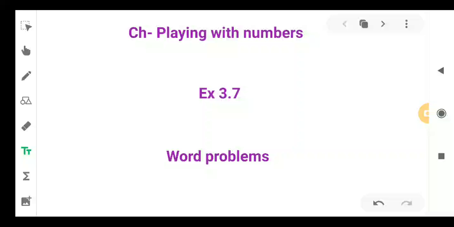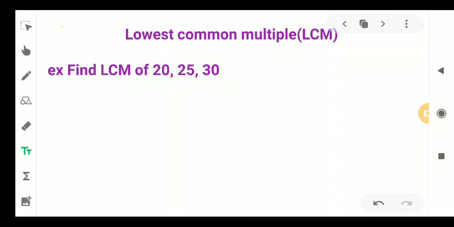Welcome children, let me discuss exercise 3.7 from the chapter Playing with Numbers. Now children, we have already learned the lowest common multiple, that is LCM. LCM means the smallest common multiple of all the given numbers. So let me discuss how to find the LCM of any group of numbers by the prime factorization